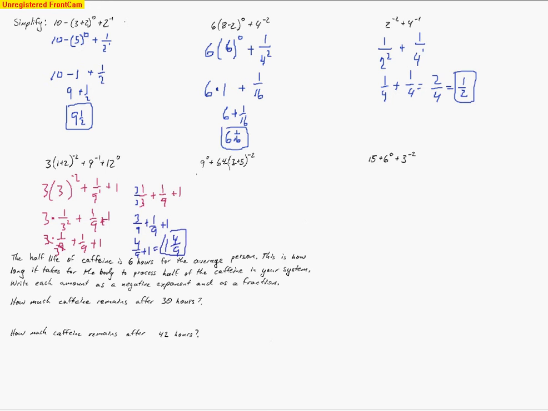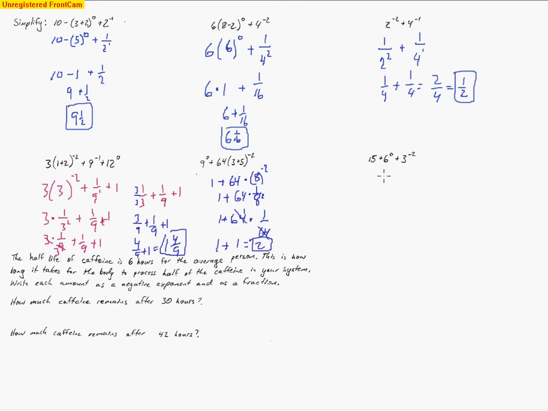Well, taking a look at this next one, 9 to the 0 power is 1, plus 64, and then times 8 to the negative second. So 8 is being brought to the negative second, so that just makes 1 over 8 to the second, times 64 plus 1. Well, when I go ahead and multiply those two 8's, I see I get 1 over 64. And this is being multiplied by the 64. So what happens is these 64's cancel, but it's not left with 0, I'm left with 1. 1 times 1 is 1, so I still have to add those two 1's, and that's where I'm getting 2